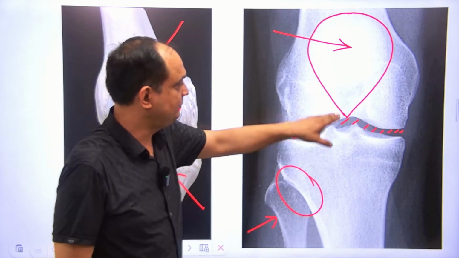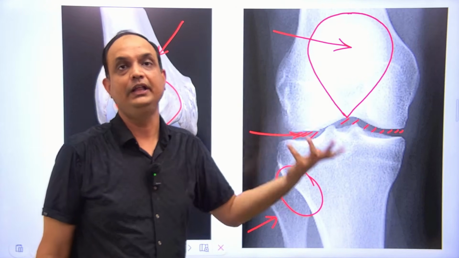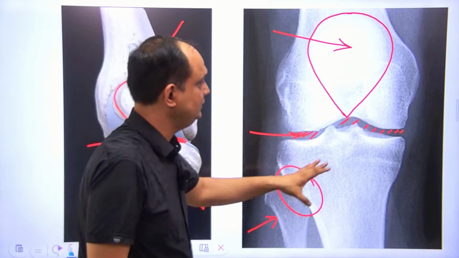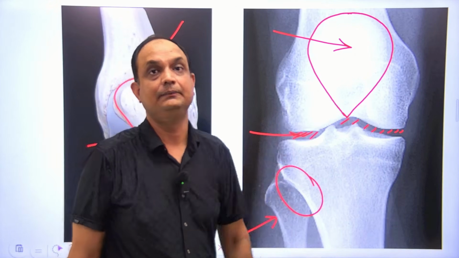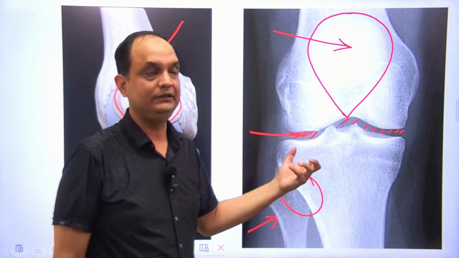Clear? So what type of joint is your knee joint? The knee joint is a modified hinge joint, or it is a condylar variety of joint. So in such a way you may have the questions. Sometimes you may have questions regarding the muscles also, if you have some particular points like